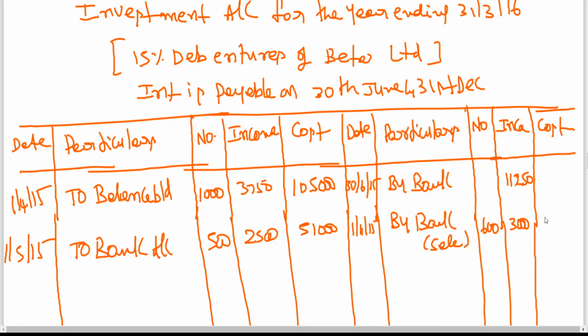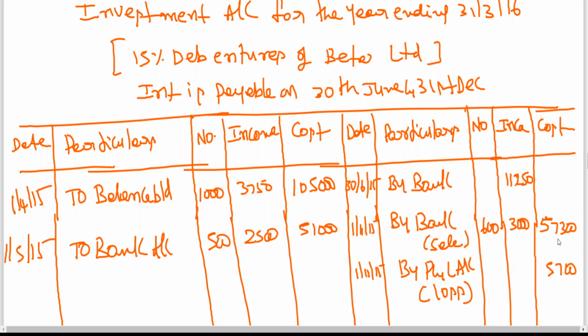$57,000. You are getting a loss, no? That loss will be transferred to P&L account. What is the loss you got? 5,700. That means 63,000 worth of item has been sold. 57,300 has been realized. The amount that has not been realized is a loss.